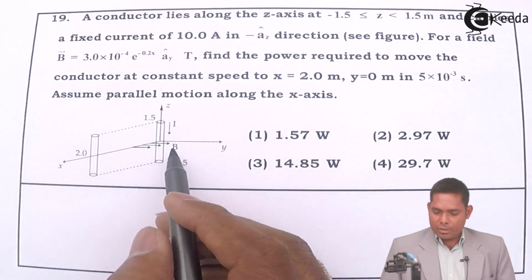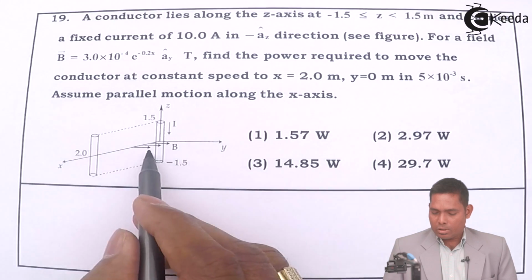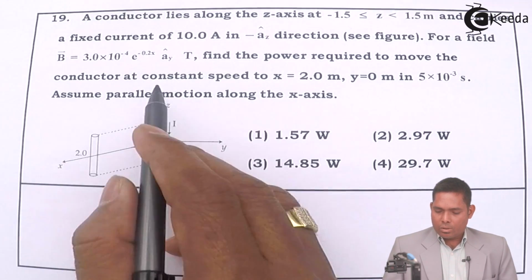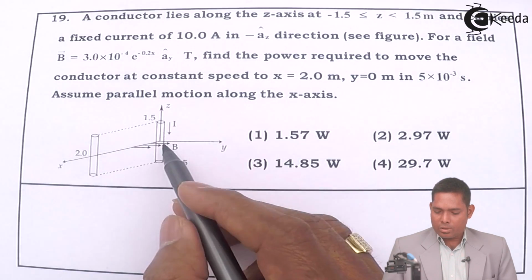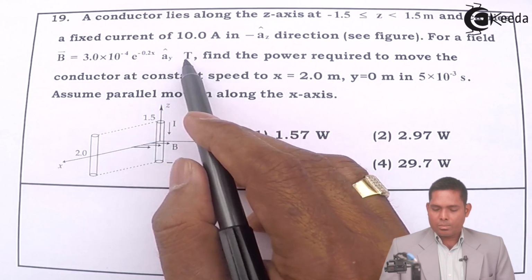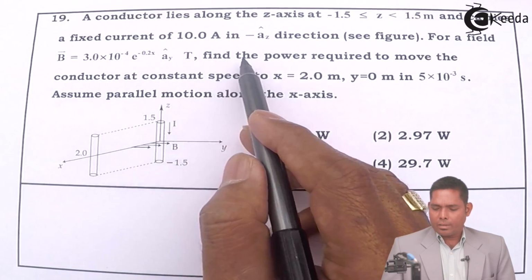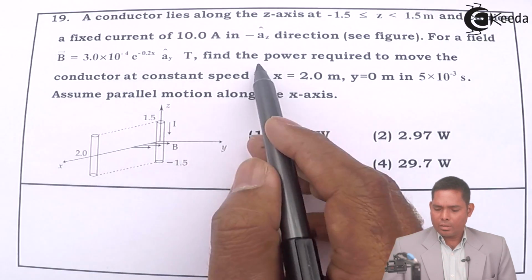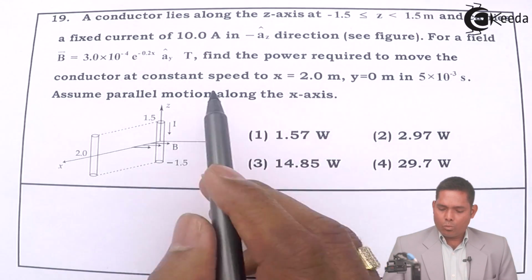So the magnetic field is in this direction, as shown here. Along this direction the unit vector is ay cap, along this direction is minus az cap. T stands for the unit Tesla. Find the power required to move the conductor